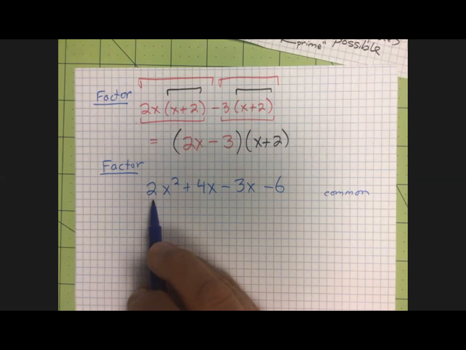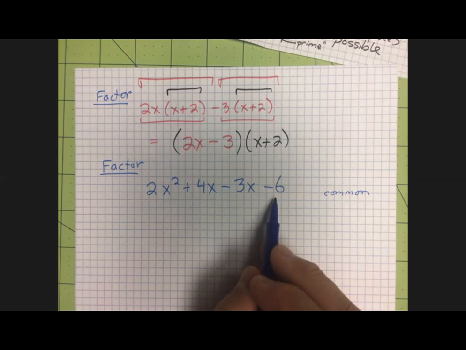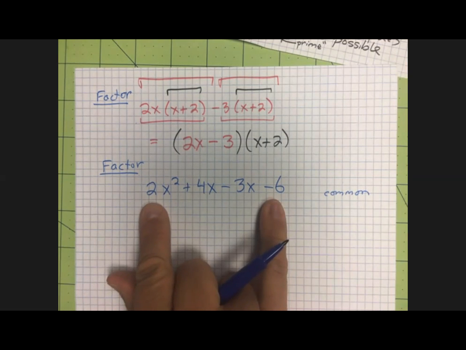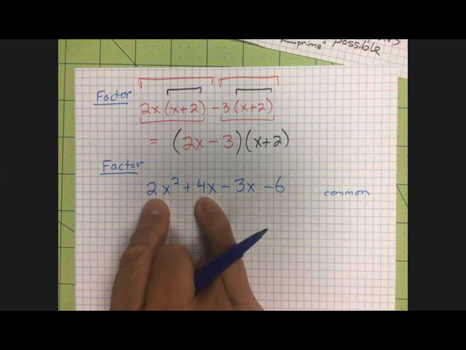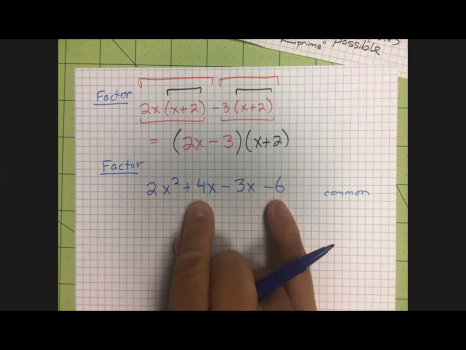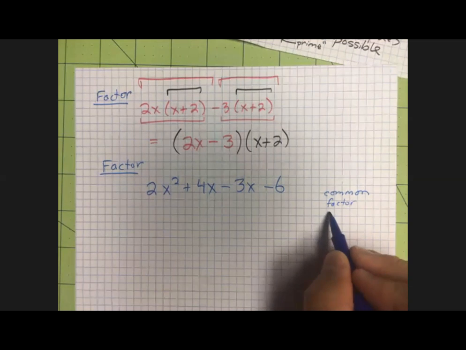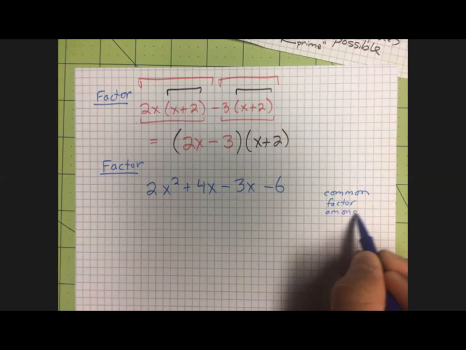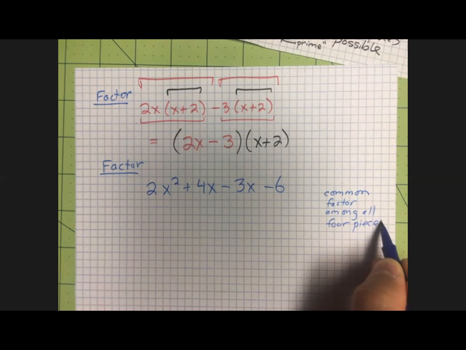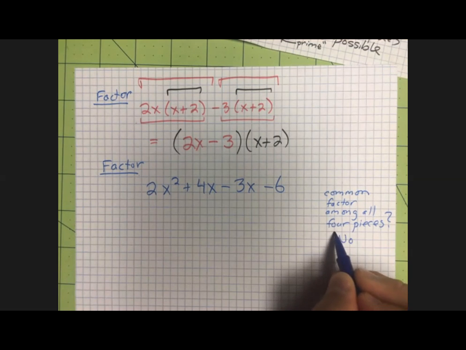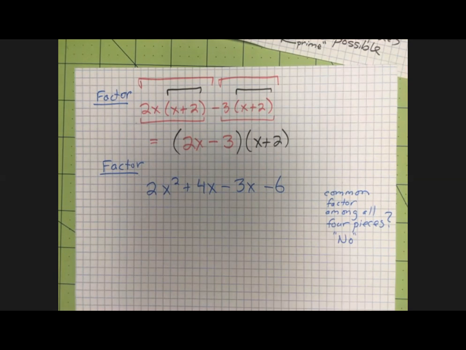The answer is there are some common things among some of them. The first 3 have an x. The last 2 both have a 3. The first one and the last one have a 3. The first and second have a 2. The second and the fourth have a 2. So there's no common factor among all 4 pieces. That's the first thing you look for. And the answer here is no. But